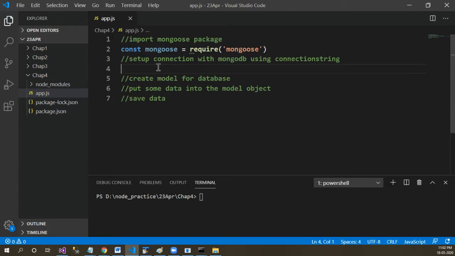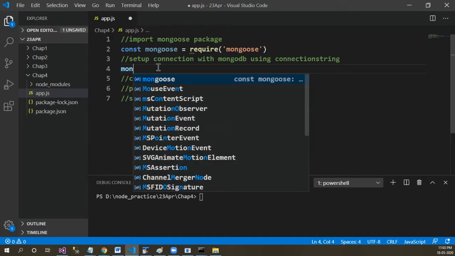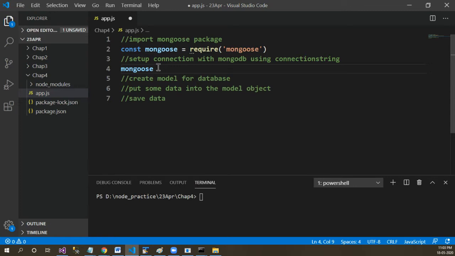Now let's set up the connection for the MongoDB. Whenever you are working with the front end and back end, in our case, Node is working as the front end and MongoDB is working as the back end. You need to provide the connection string of the backend in order to connect with the backend database. So a connection string is a normal string which connects your front end with the backend database. So let's move on and create the connection string.